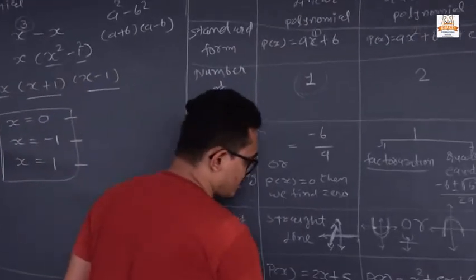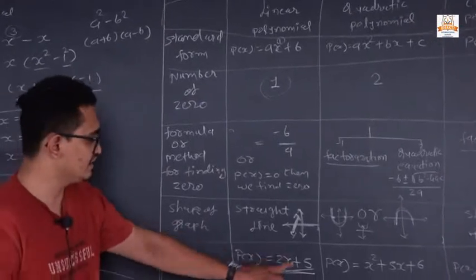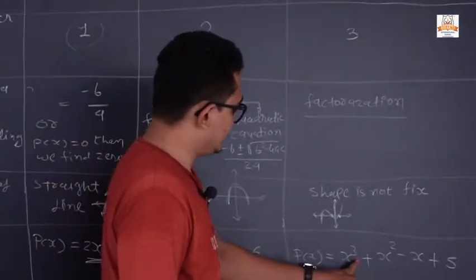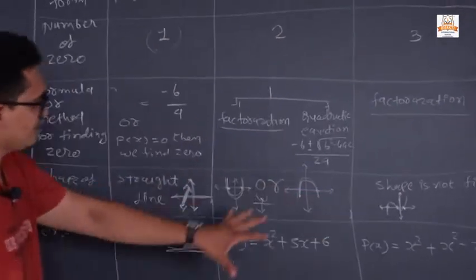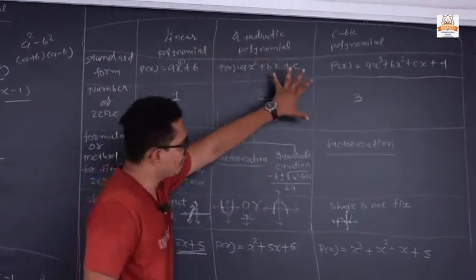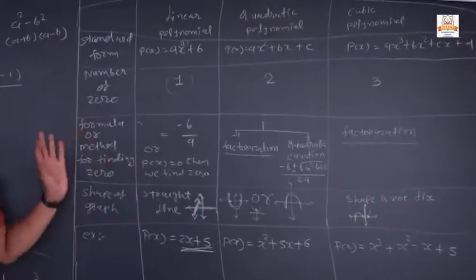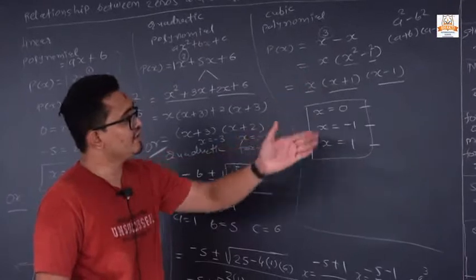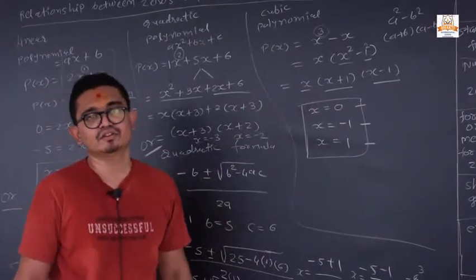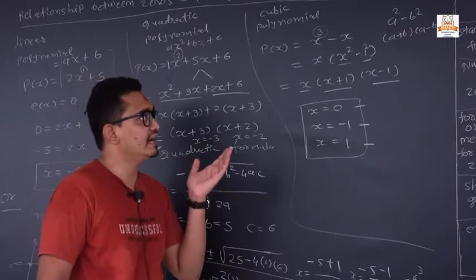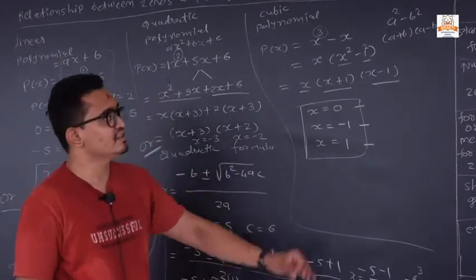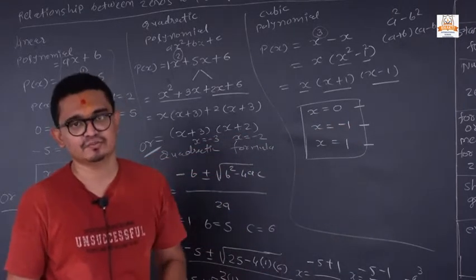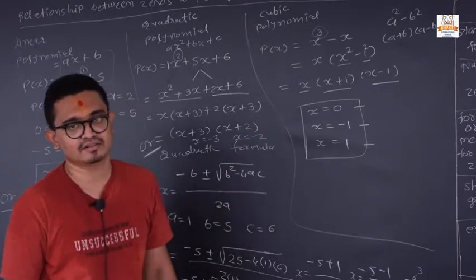Next, an example. What is an example of linear? See, 2x plus 5 is a linear form because the highest degree is 1. Then for a quadratic polynomial the highest degree is 2, and for a cubic the highest degree is 3. You need to remember this, and from that graph they can ask many questions. You can also write down that graph in your fair book. If they ask MCQs or fill in the blanks, we can directly see the graph and write the answer. So it is very important for that purpose.